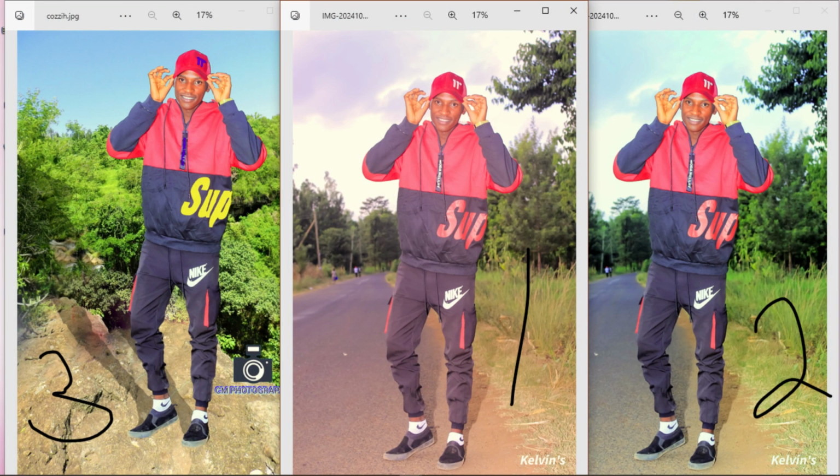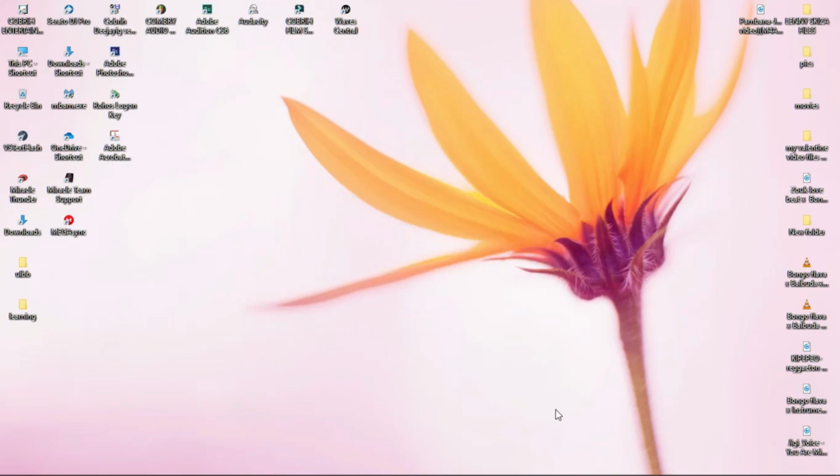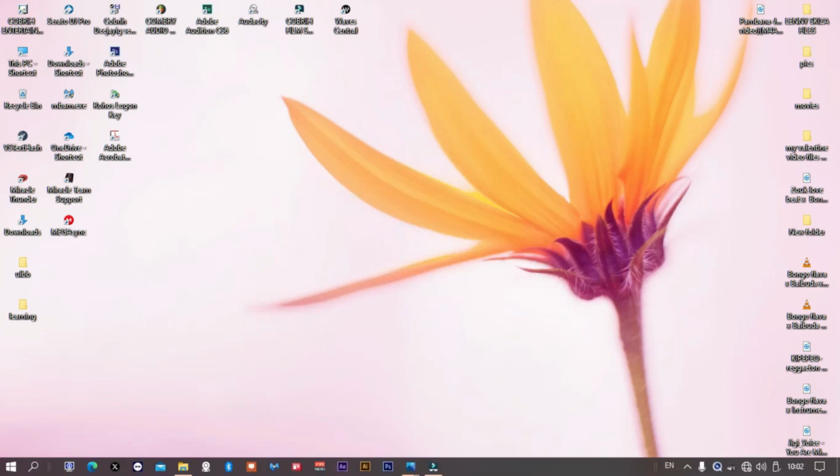Today I want to show you how to edit photos without using plugins or software like Adobe Photoshop or Illustrator. Basically, using your PC, or if you have a phone, but let's talk about PC. If you have a PC and you don't have software like Adobe, now you can use